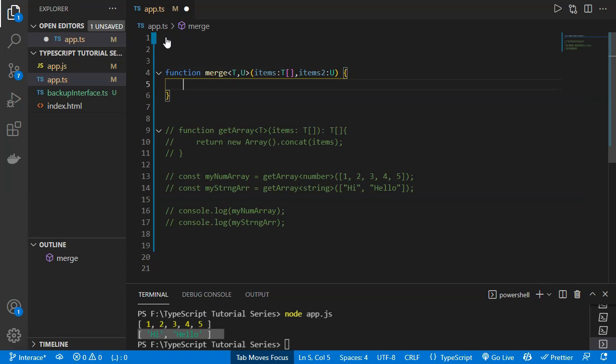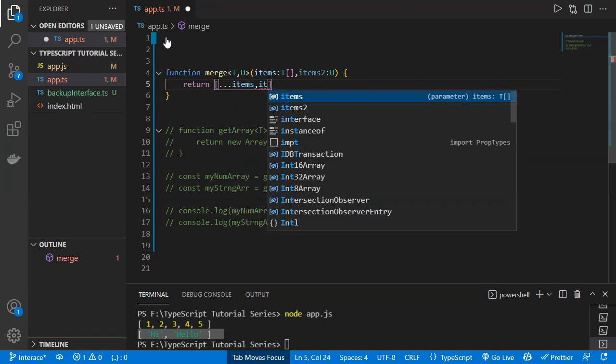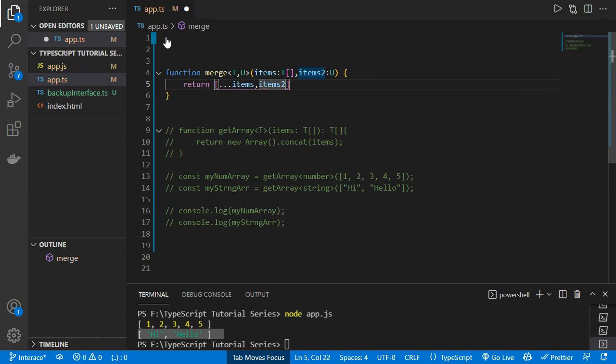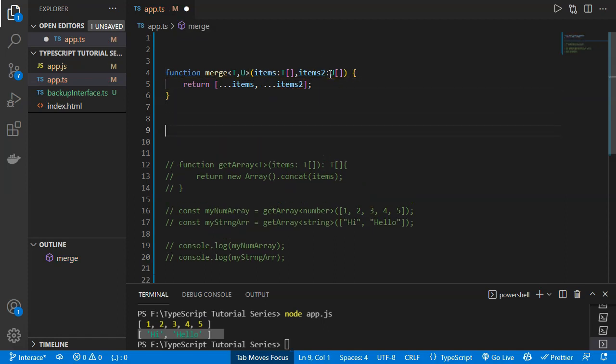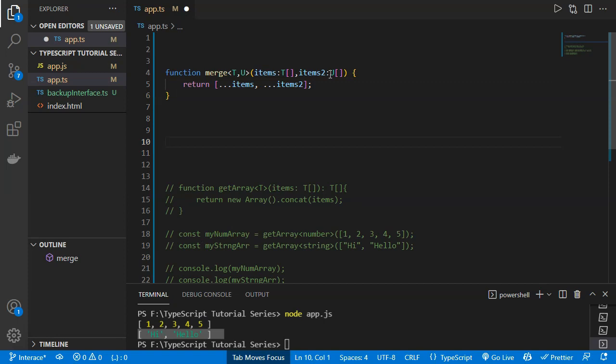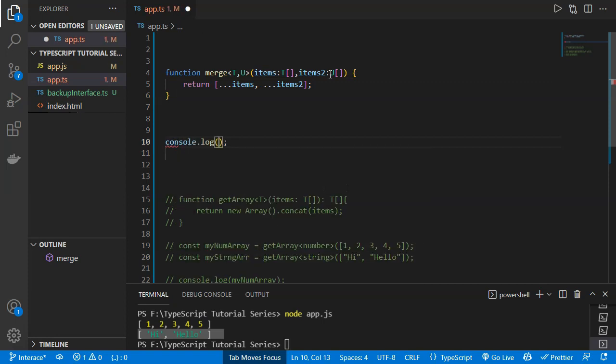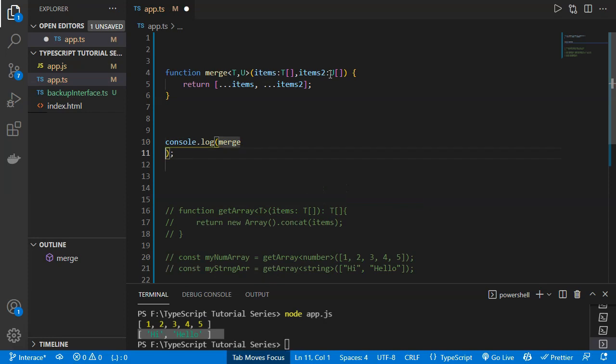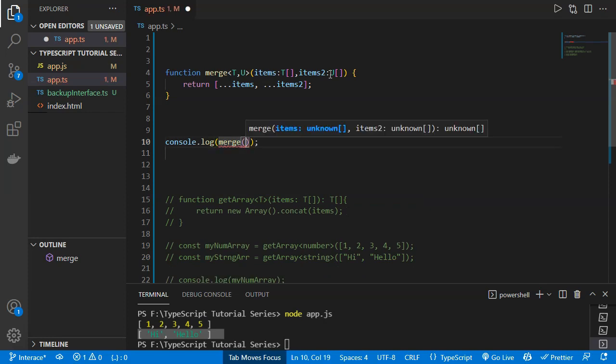And then I will just return here the statement, it will return the array. It will merge the two arrays, like items and items2. So it will merge both the arrays in that. So if I will now save, we need to add here that it will return this. So if I will now save and if I will now just call here this function, like if I will console.log here the merge, and then it will contain the function. Then we need to provide here the two values, items and items2. Then we need to define here first.